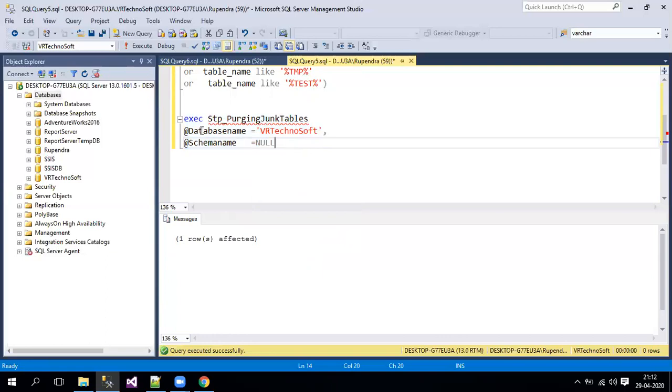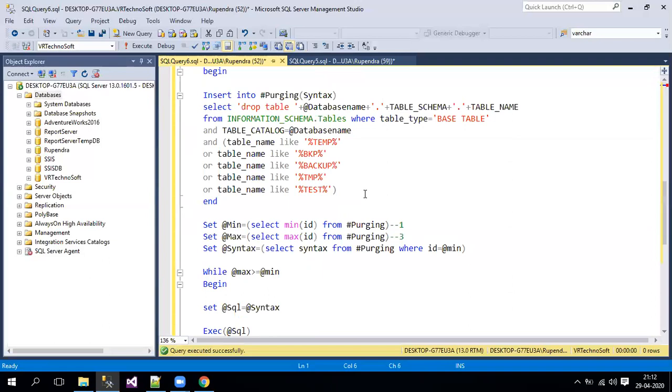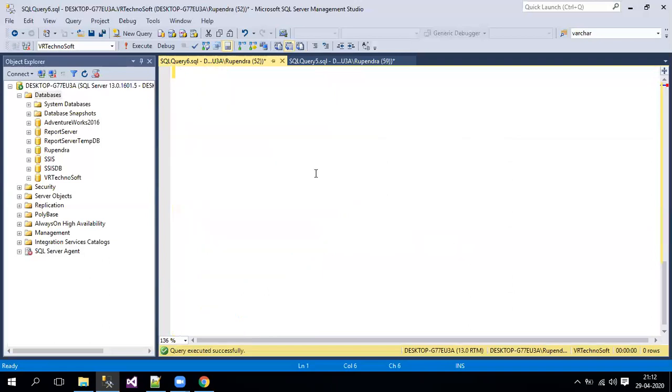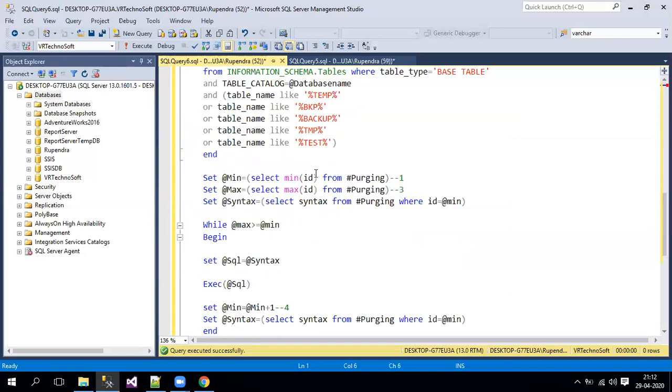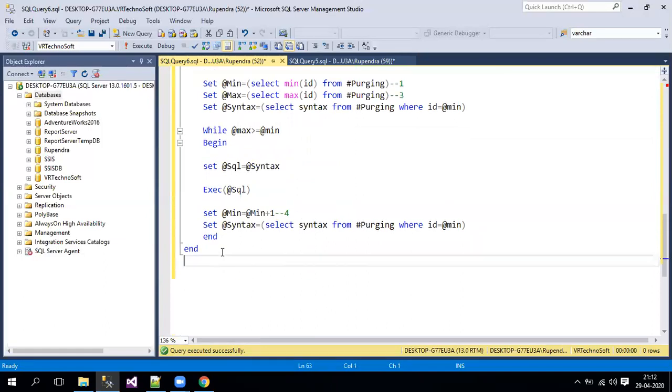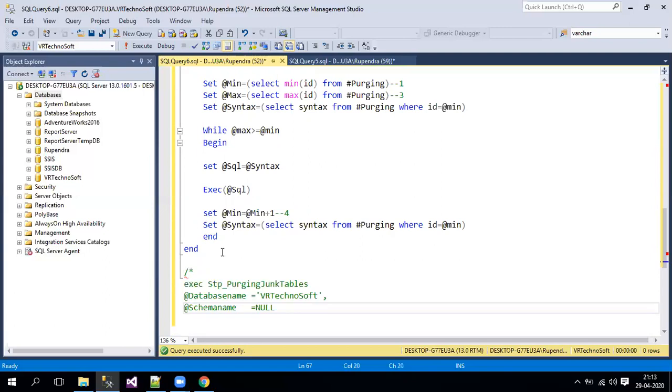Okay, now I'll just give you another tip over here. Whenever you are creating any stored procedure, instead of rewriting the execution statement again and again, we'll just put that execution statement at the end, in slash star and star slash comments, so that you no need to write it again and again.